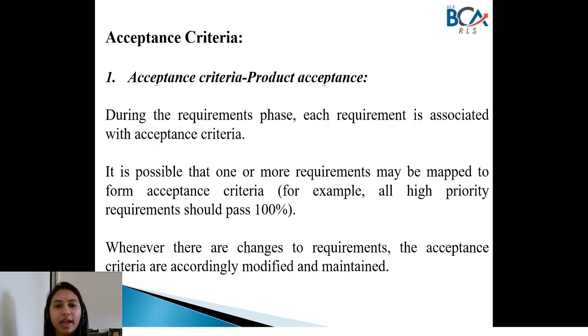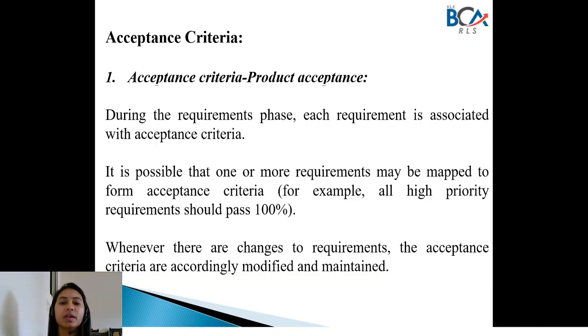During the requirements phase, each requirement is associated with some acceptance criteria. So there are some criteria to have your acceptance. It is possible that one or more requirements may be mapped from acceptance criteria. For example, all the high priority requirements should pass 100%. For example, the login module, forgot password feature and the dashboard. These are all the high priority test cases which should be passed 100%, meaning it should be working 100%